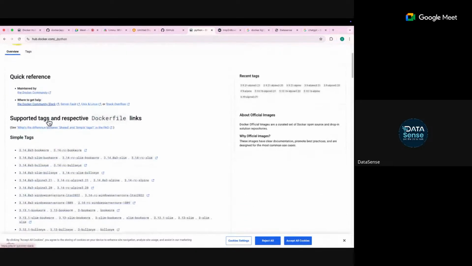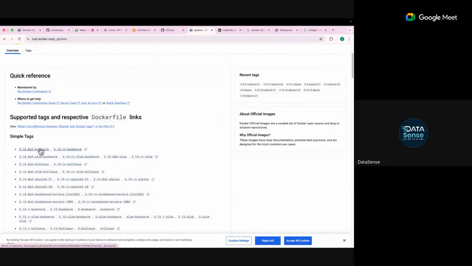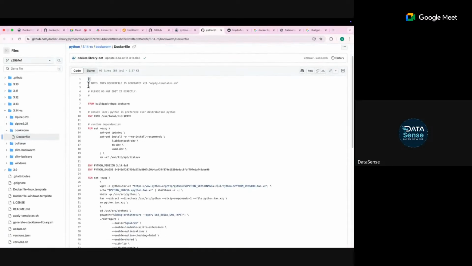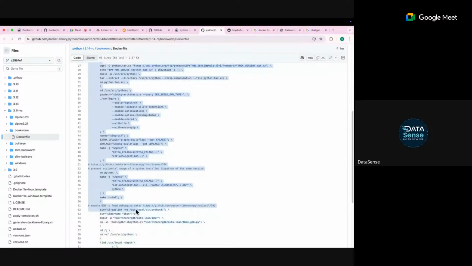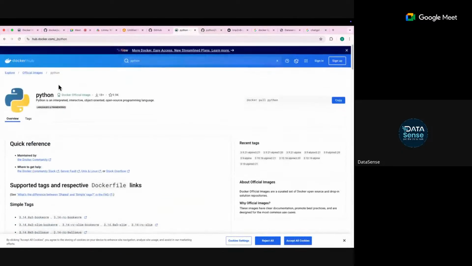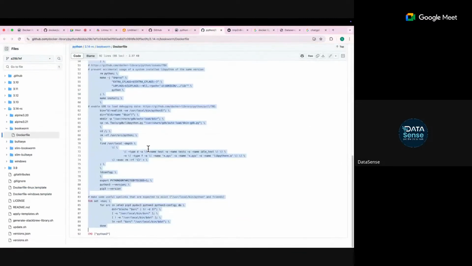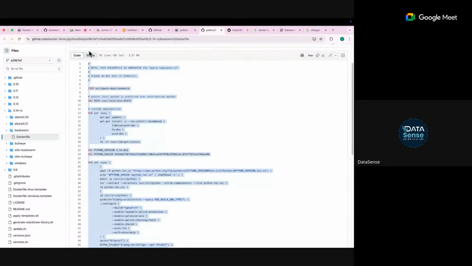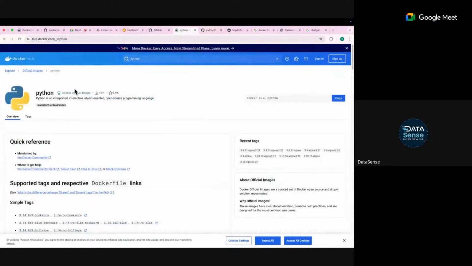Let me show you how this looks. This is the code which runs in the backend. If you don't directly use this, you will have to write down this big whole code. So to avoid this, we simply use a Python base image.